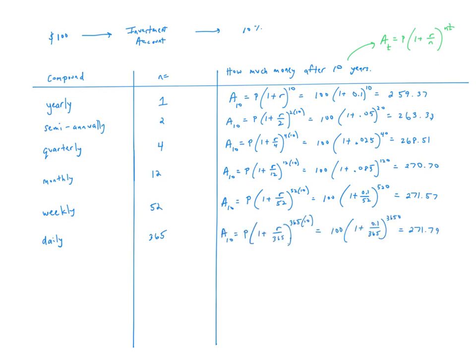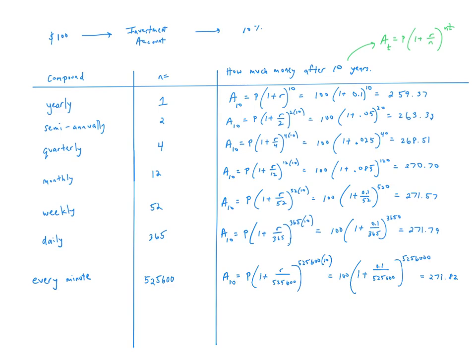After 10 years, we'll have $271.79. Whoa, what if we find a bank that is going to give us an interest payment every minute? 525,600 payments is how many the bank will make. And so the amount of money in our account after 10 years will be